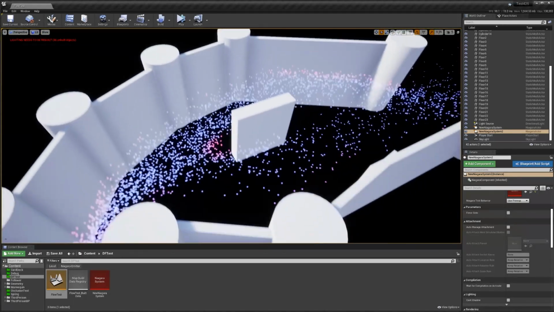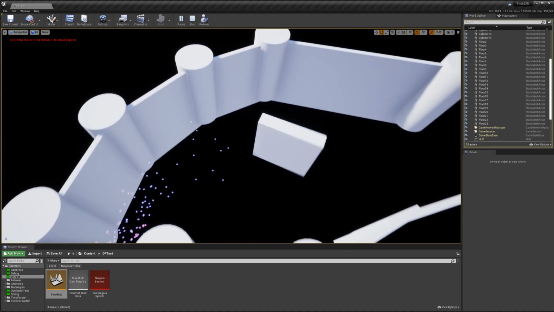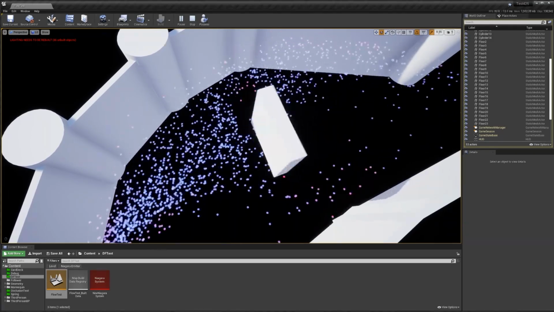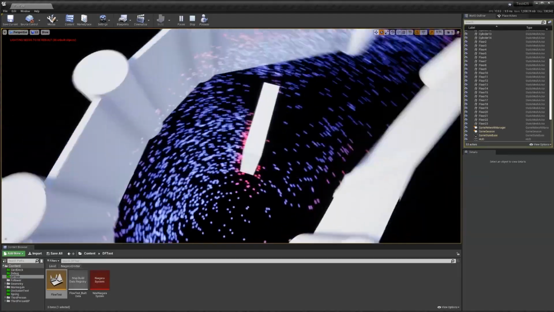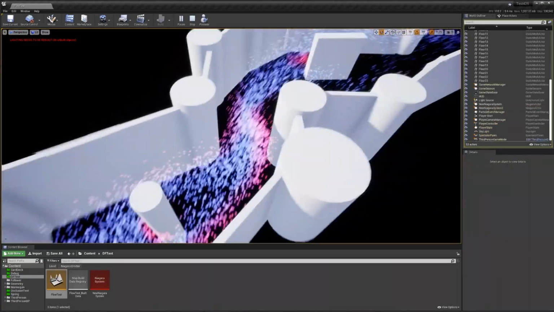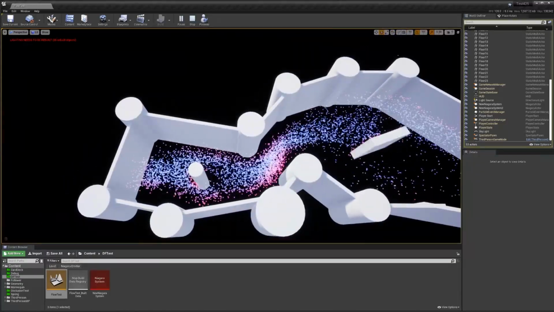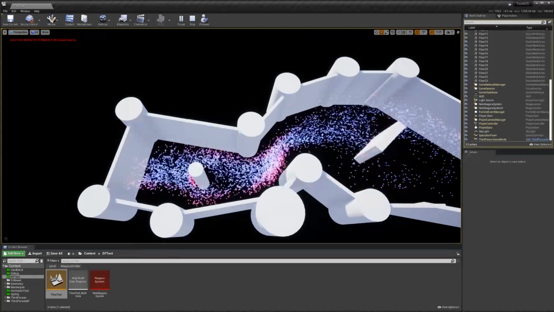What's really cool is that we can see this on moving objects as well. So I've got this cube that's rotating around, and you can see that as the cube moves, it interacts with these particles and starts throwing them in different directions. This is incredibly useful, not just for creating water simulation effects, but also for creating simplistic animals who need to be able to avoid certain surfaces.